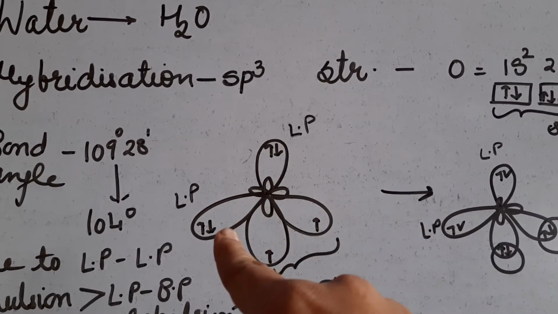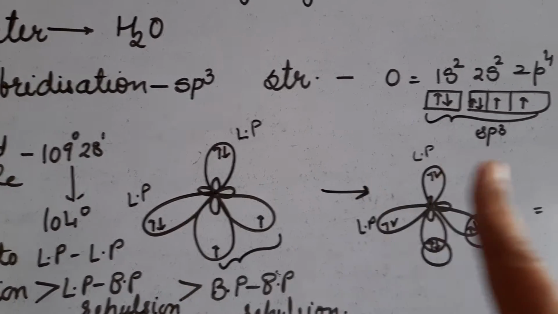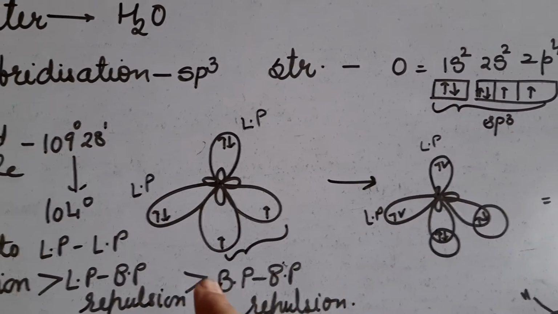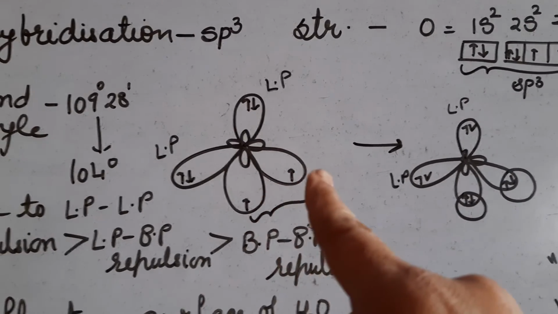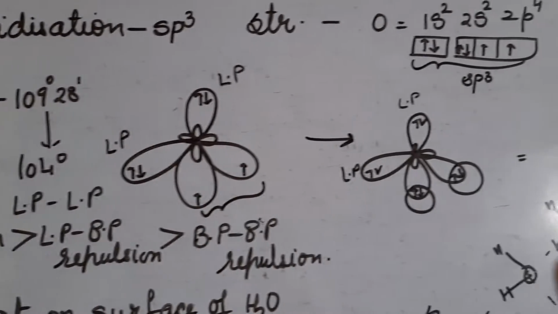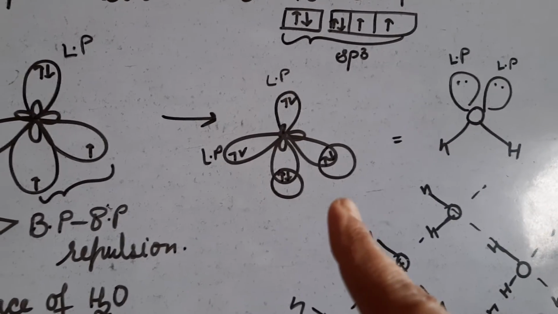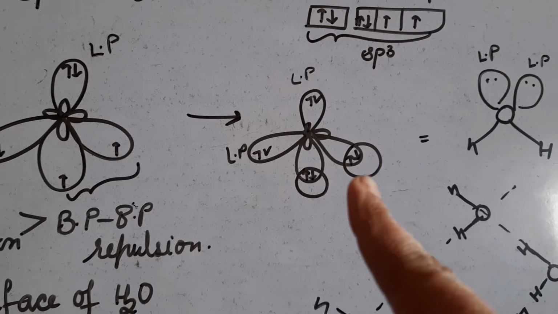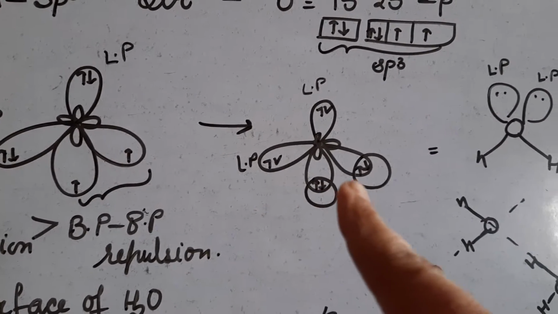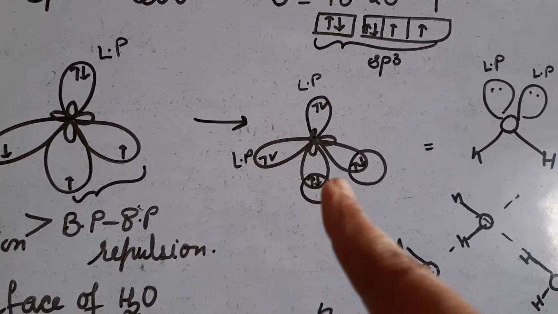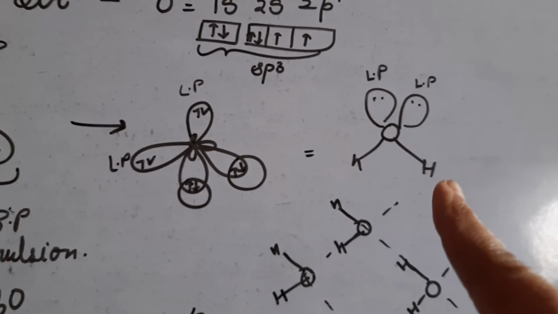These electrons of the outermost orbital do not take part in bonding because they are completely filled, and these two half-filled orbitals overlap with hydrogen and form covalent bonds like this. Hydrogen has 1s1 electronic configuration, so its half-filled s orbital overlaps with the half-filled orbital of hybridized oxygen, and it shows this structure. This is a V-shaped, bent structure.